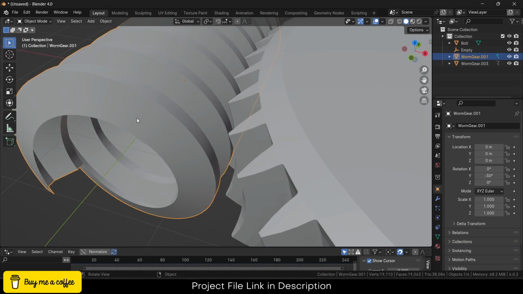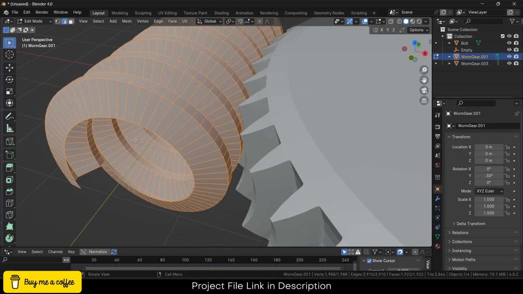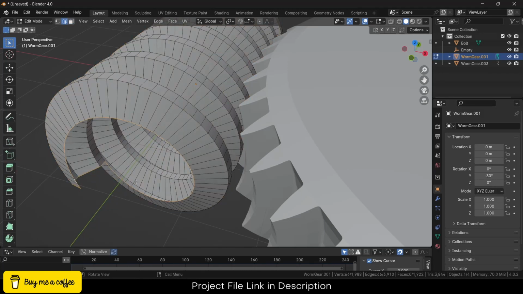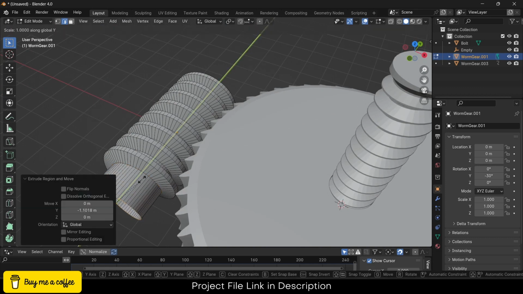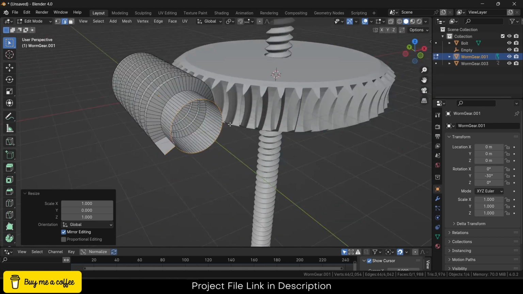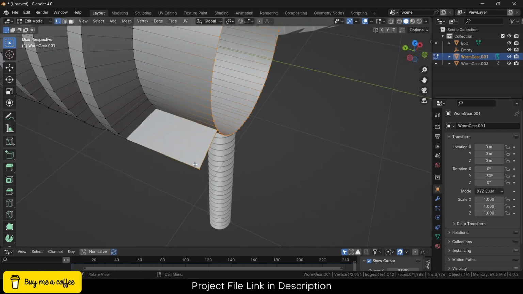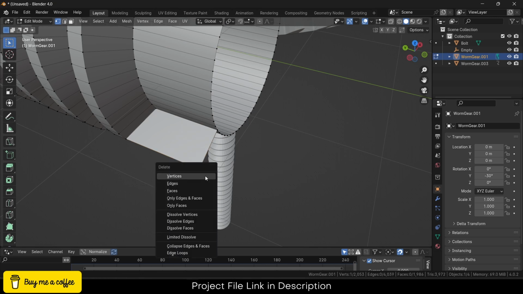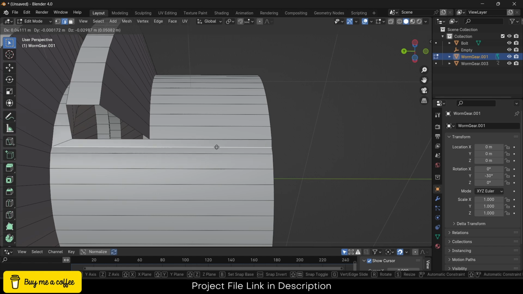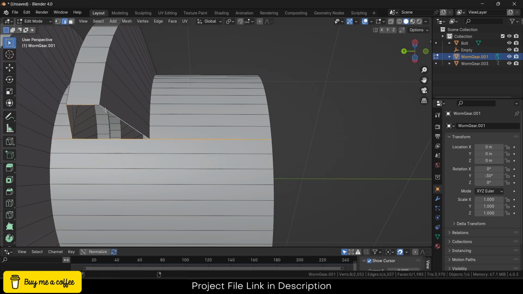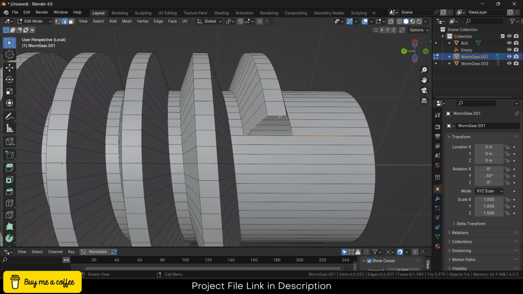Let's make this gear as well. So press 2 by pressing alt shift like this. Now what I will do, press E, Y, press S, Y, 0. Notice that we have something unwanted. Press 1, select this, press X, delete vertices, select this, X, delete vertices, and press 2 as selection mode, and press 2, click on divide icon,